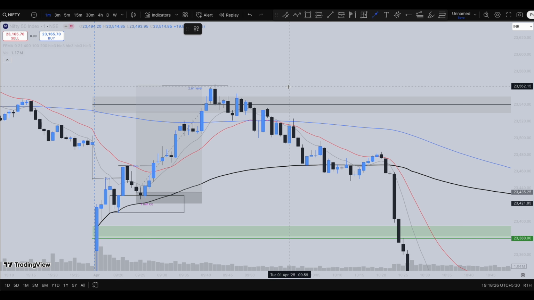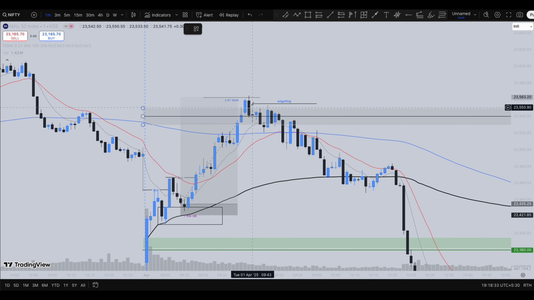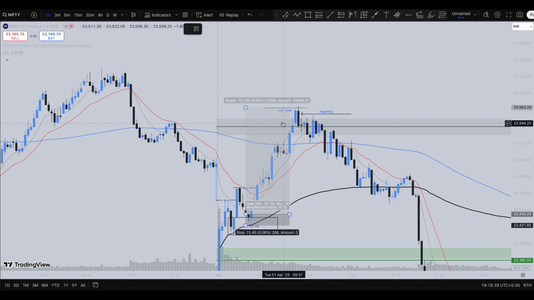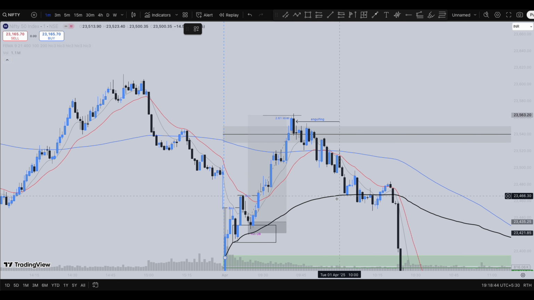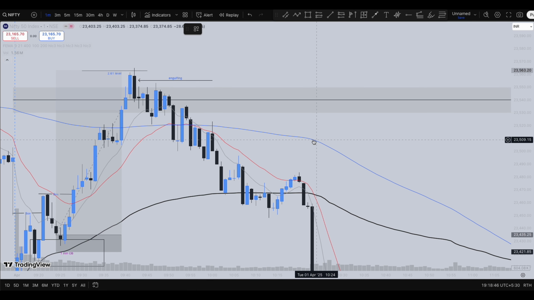Here it formed another bearish engulfing candle over here. You can see this kind of bearish engulfing candle, clearly signifying some sort of bearishness. And you could have easily entered a short position here itself, guys, keeping your stop loss just above that candle after seeing this kind of rejection here. Or you could have waited for a proper retracement for you to trade.